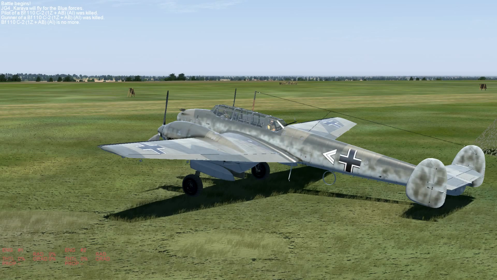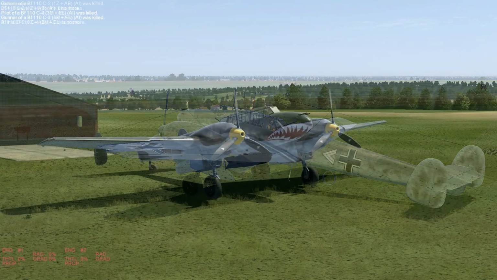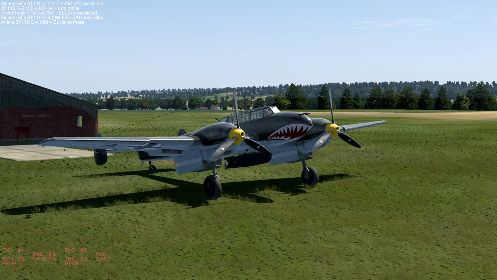Okay, so this is it for the 110C4. Let's move on to the fighter bomber versions. Alright, so right in front of us we have a Messerschmitt Bf110C7. This was actually the first fighter bomber version of the 110 in the game. It came stock with the game, and it has been expanded upon by the Team Fusion patches by one version,